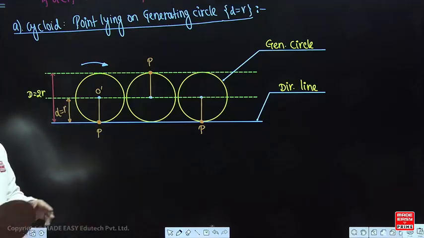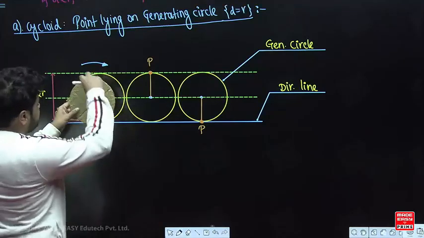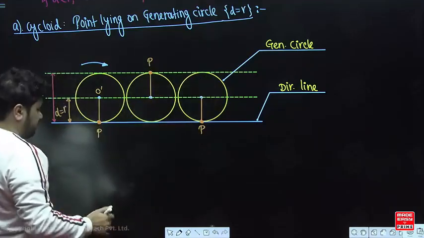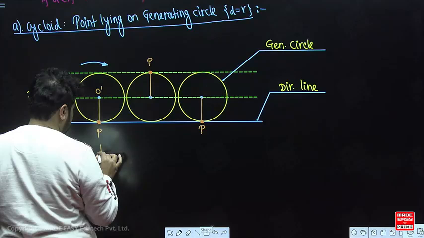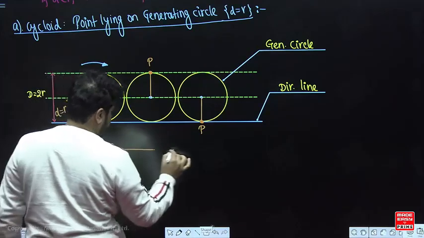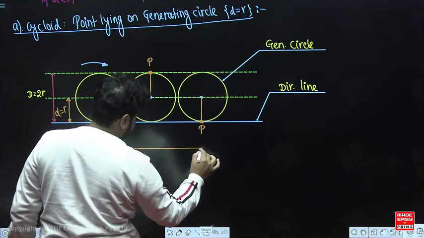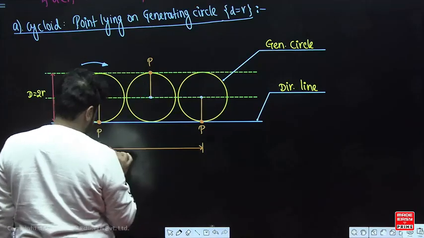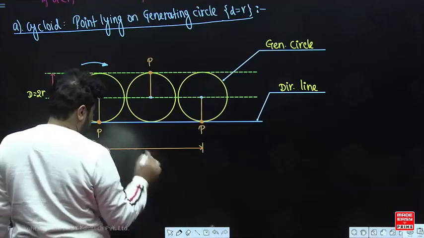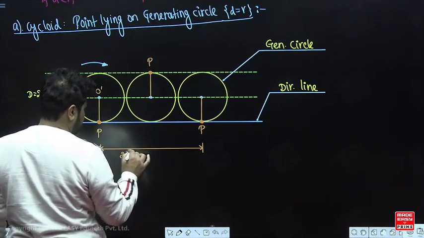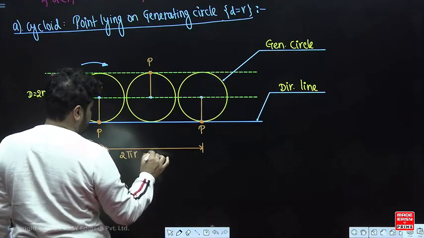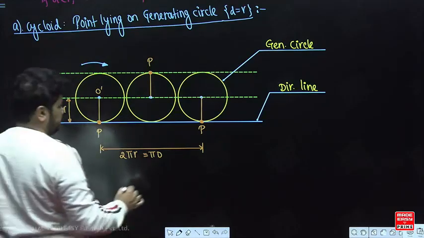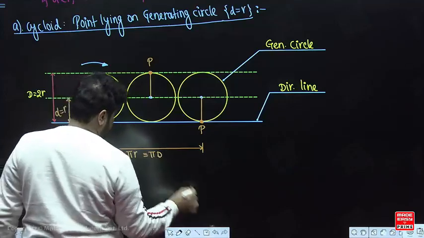So just now I showed you that initially let us say the point is here, after rotation the point will move upward, after rotation the point will come down, right. So what you can observe here, from here to here, so I have taken one complete round, isn't it? So this is your how much? It is 2 pi r, which is same as pi into d, correct. So this is a pi d diameter,